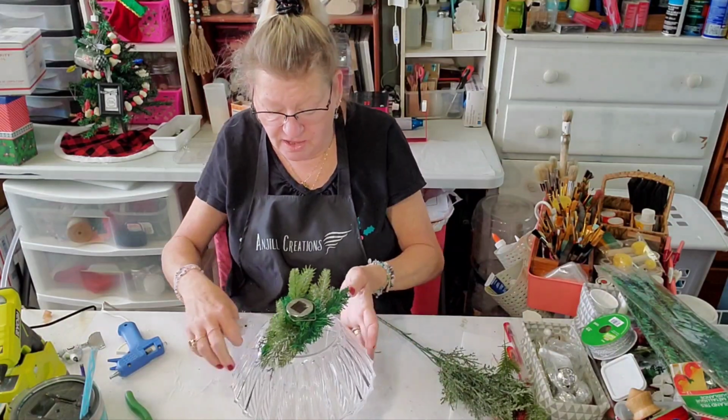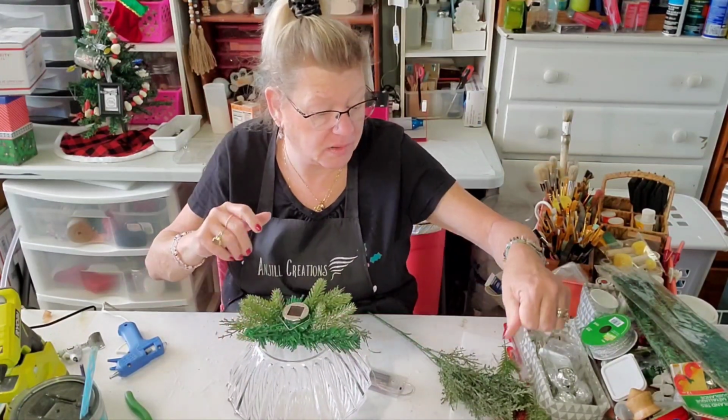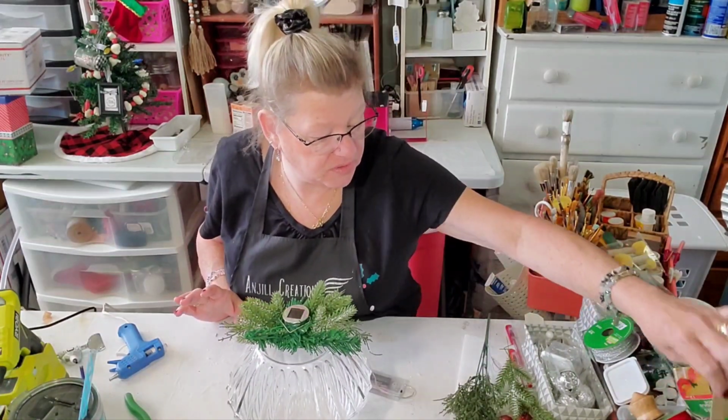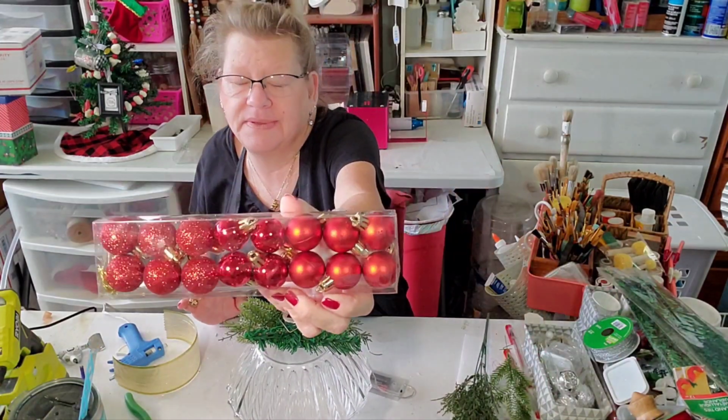All right, so now what I would like to do is just, let's not get any glue on our bulb top here. Now what I want to do is I have this piece of ribbon, but I want to put these little